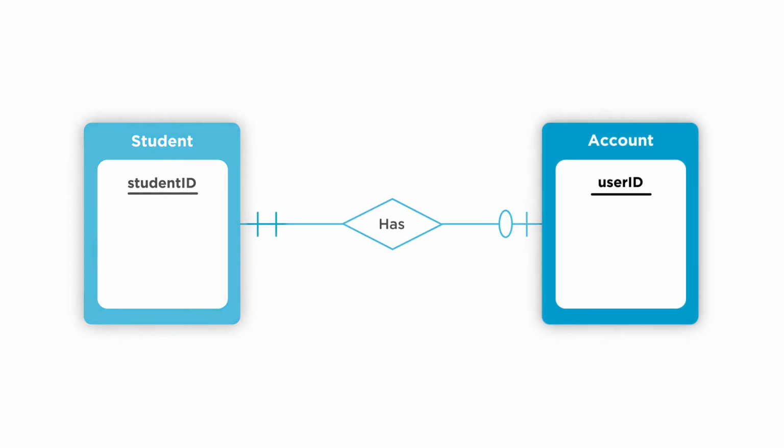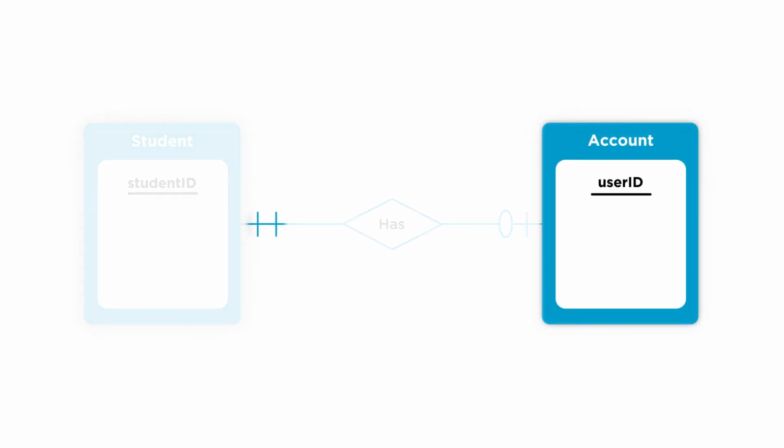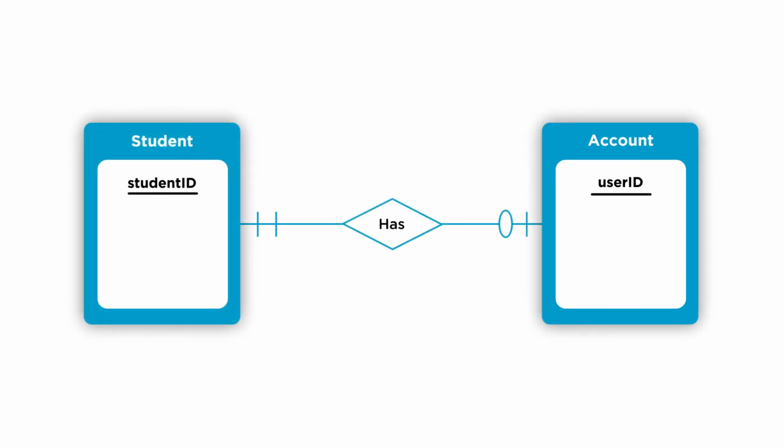On the other side of the relationship, a student account needs to be associated with a student, which means that the minimum cardinality is 1, and we also have maximum cardinality of 1 as well, which means that each student account cannot have more than one owner. So we have the constraints that a student account cannot exist without a student associated with it, and the account can have at most one student associated with it.